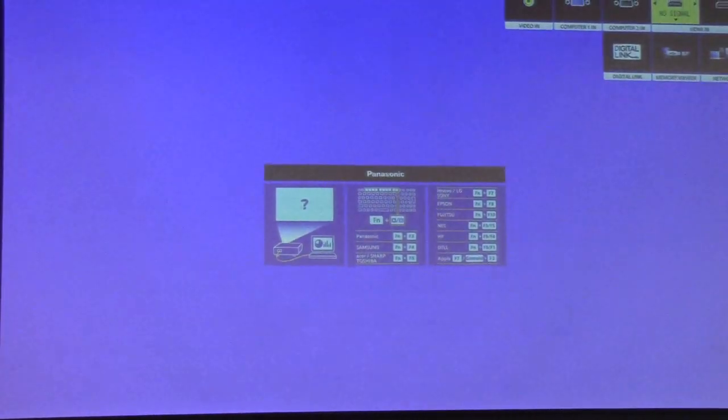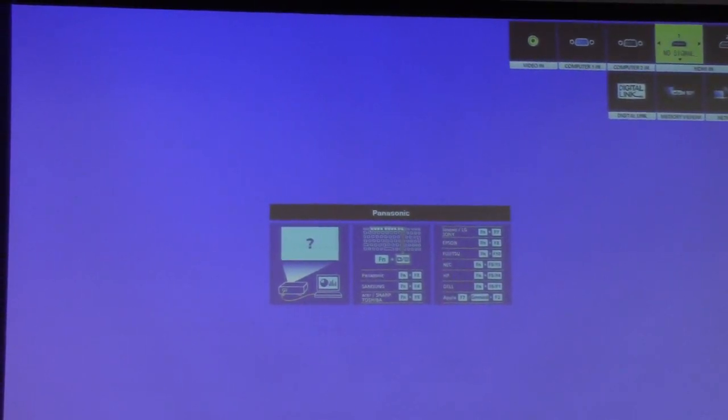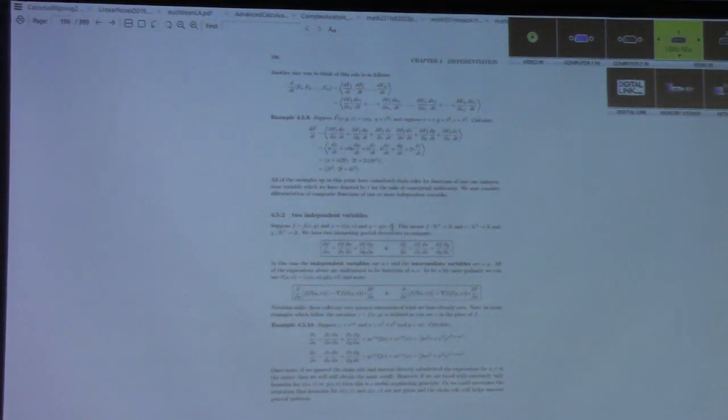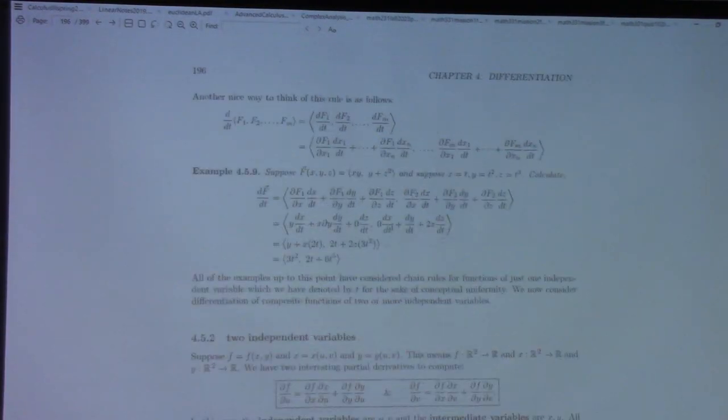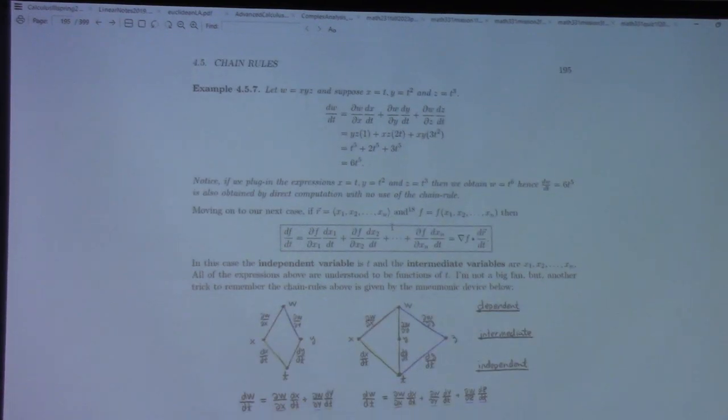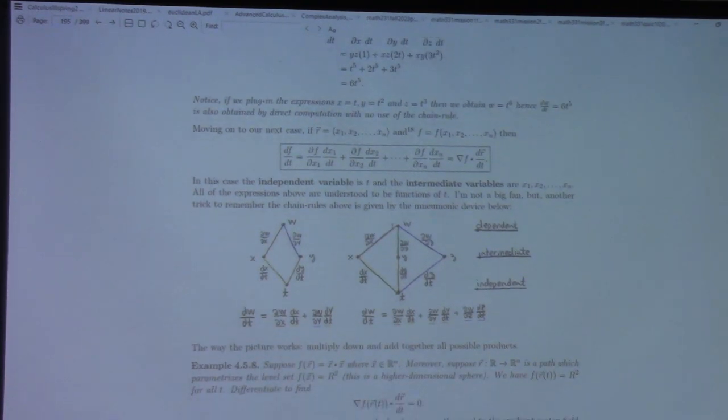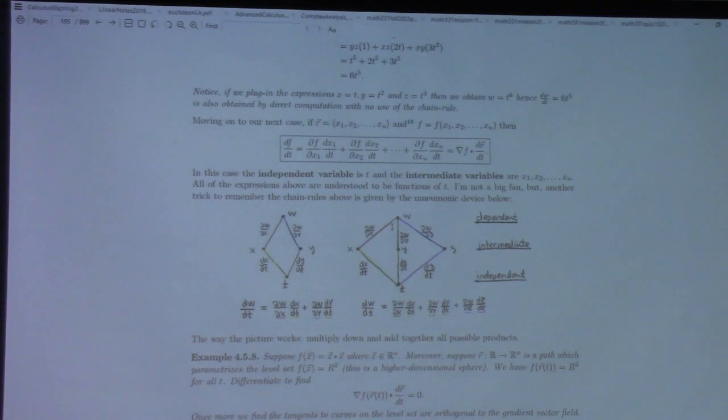So, there are various strategies for remembering chain rules. I just look for the pattern, and then I just try to replicate the pattern. Some people like these